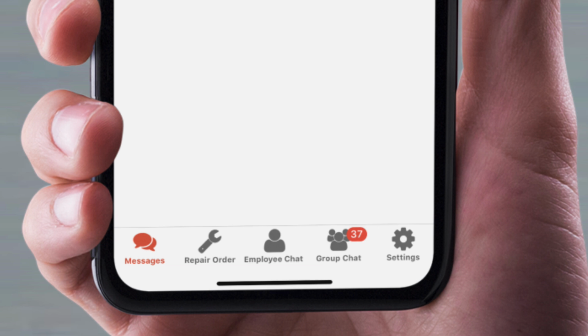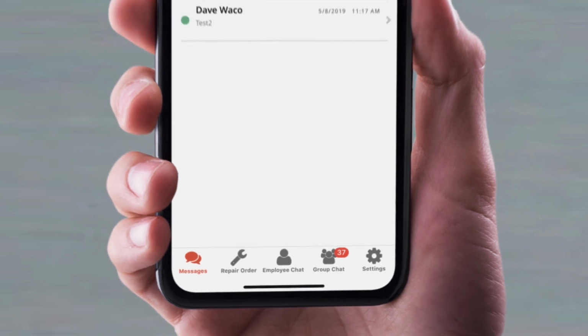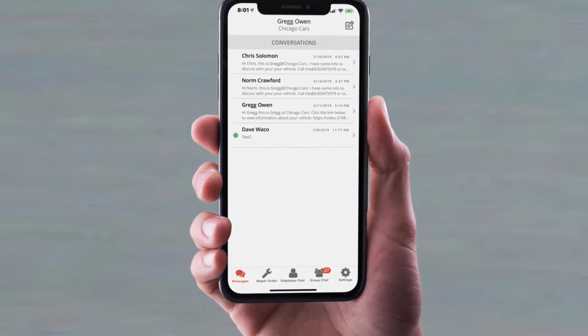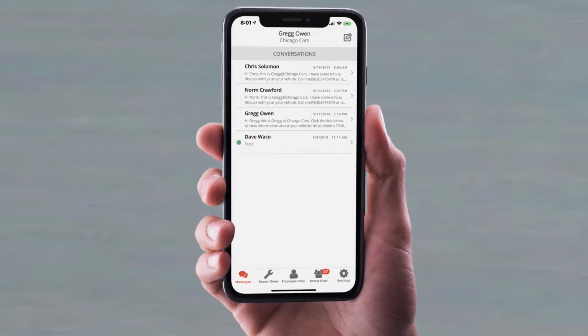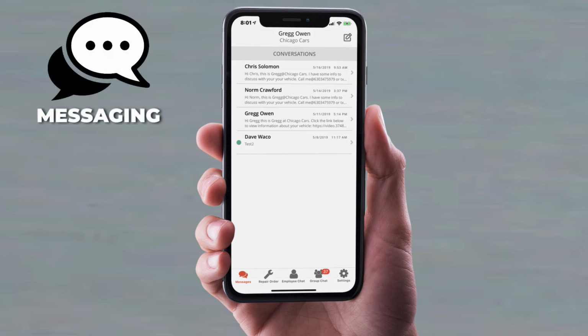Now, what I want to do is focus a little bit, if we can, on those icons that are at the bottom of the screen. Sure. Could you go through each one of those and just give us, I know we're going to go over the same things in depth a little later, but let's just go over briefly what they're all there for, what they mean. No problem. So of course, right now we're on the Messages tab, which are texts between you and